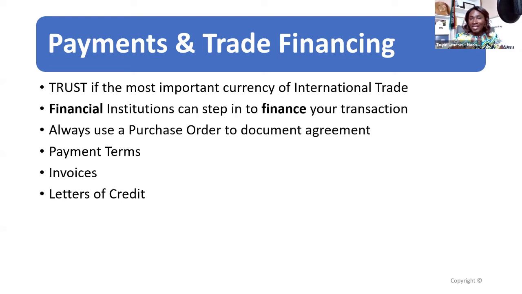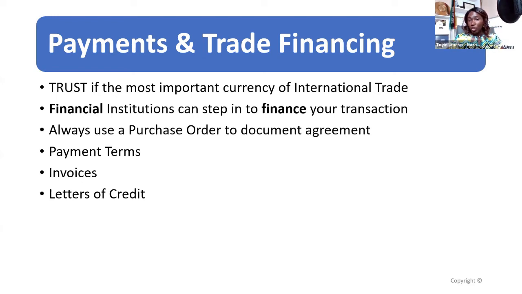A financial institution can step in to finance your transaction. A lot of times, the buyer wants to see whether you have the capacity or the financing relationship to pull this off. A lot of times, the deals are done in the future. In 2022, they're already buying what will be supplied in 2022, because it takes about 6, 7, 8, 9 months to actually produce to the demand for next year. You can't react in volume. You can't react immediately. So those are things you need to start thinking about.